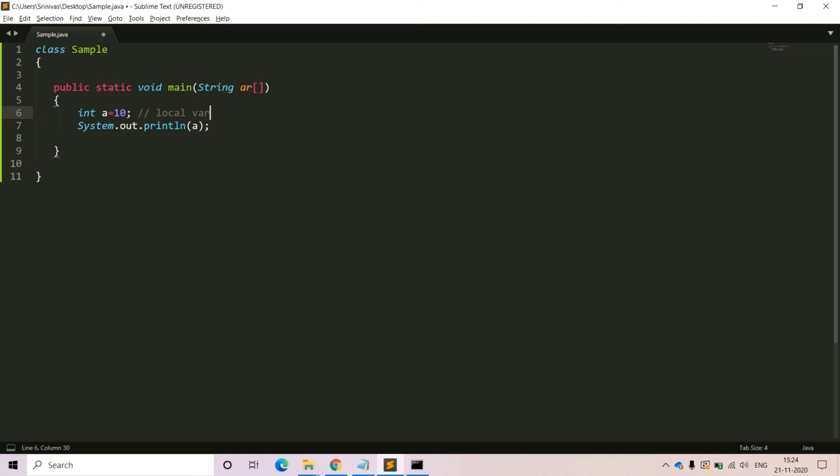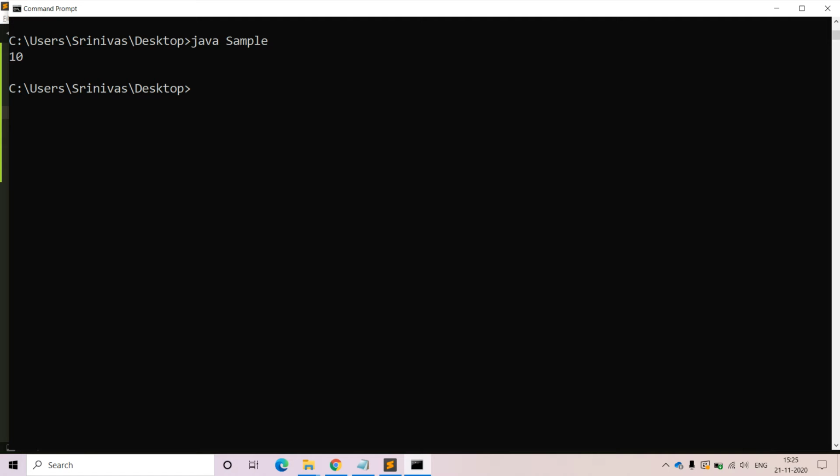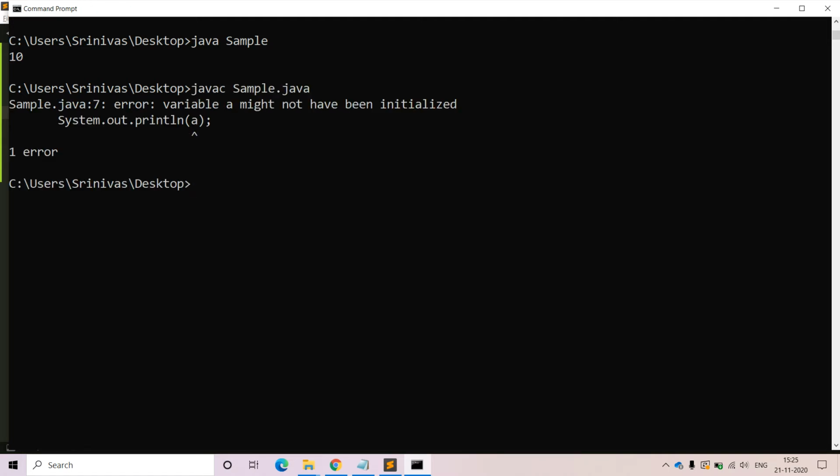But unlike these class level context variables, if you want to use a local variable without assigning the value, for example, here I don't want to assign the value for the local variable, I am just defining the local variable int a. And if you are trying to use the local variable without assigning the value, JVM will not accept it. So all of you please check it now. Let me try to compile the same program. All of you please observe what is the error that we are getting.